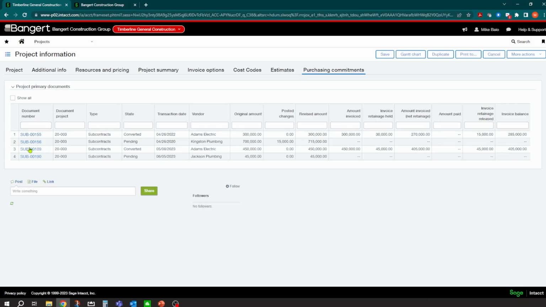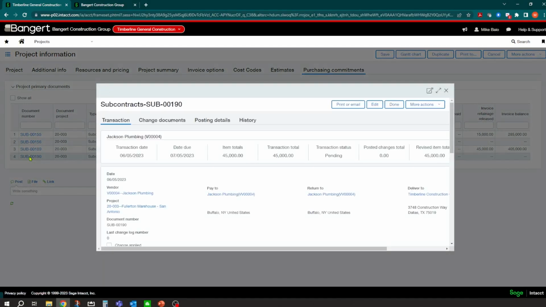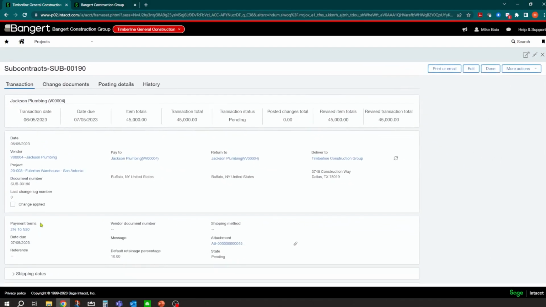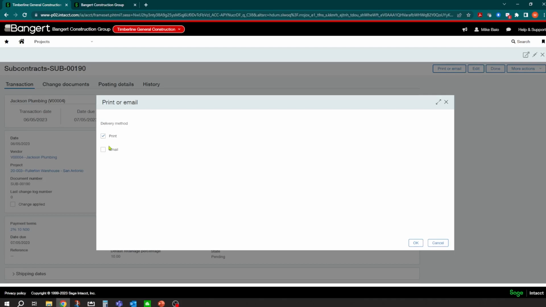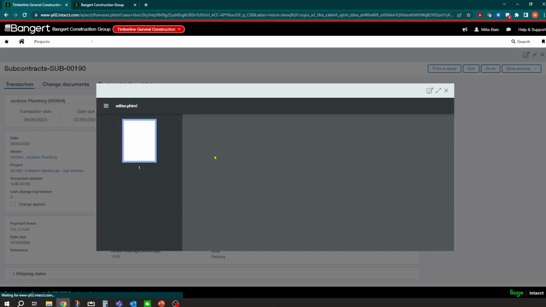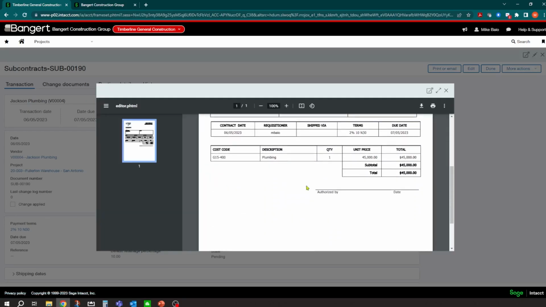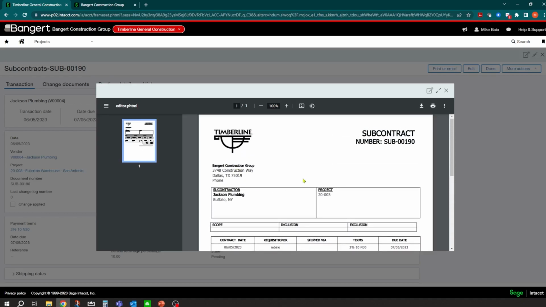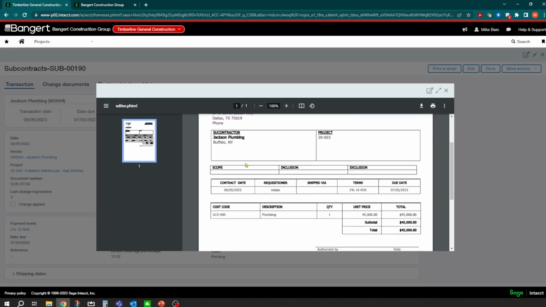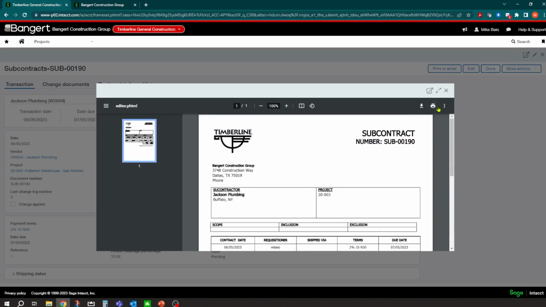And what's really nice is it's interactive. If you want to get into the subcontract, I can click at it right from here. And now I'm right back in the entry screen that we were in earlier. And if I need to make edits, I can do that by clicking edit here. One of the other things you can do is print or email. So this is where you would print out or email out your subcontract document. I'll just say print so that we can see a copy of it. And again, this isn't really a typical one. You'd have more terms and conditions in there, scope of work, but we can make it whatever you want it to be. So you can see here how it's filling in, and you can send that out.